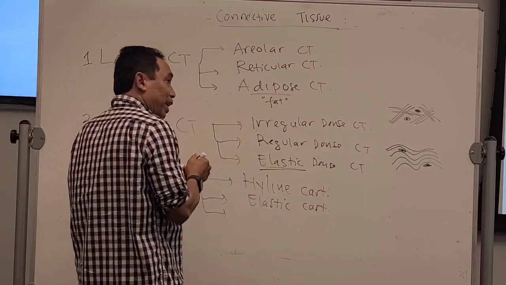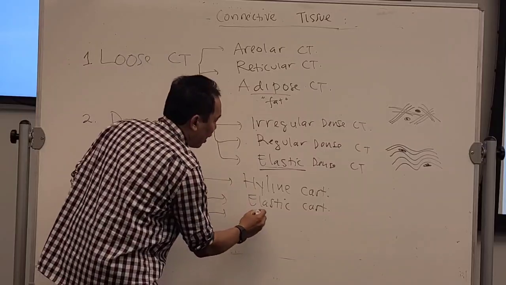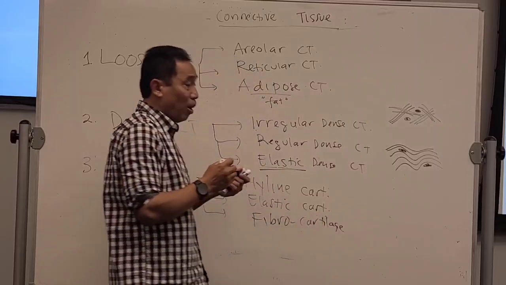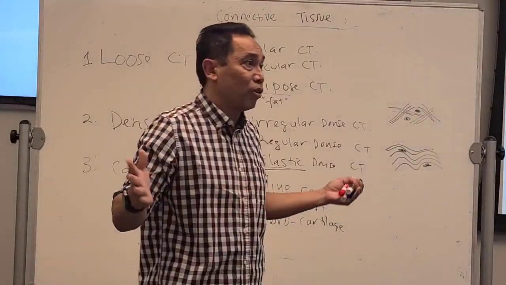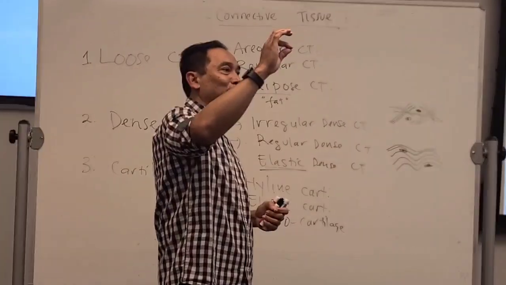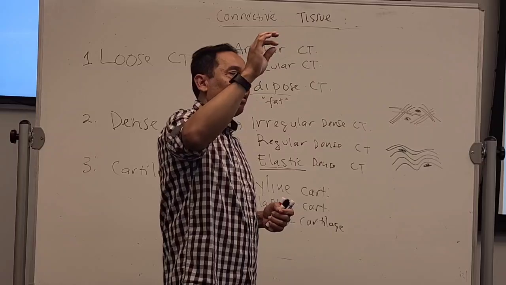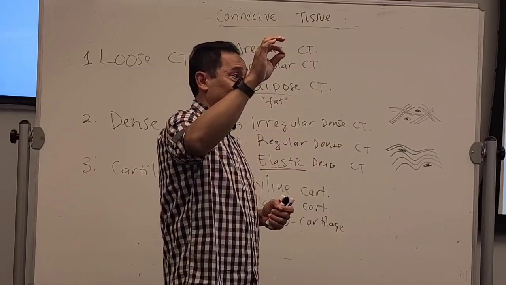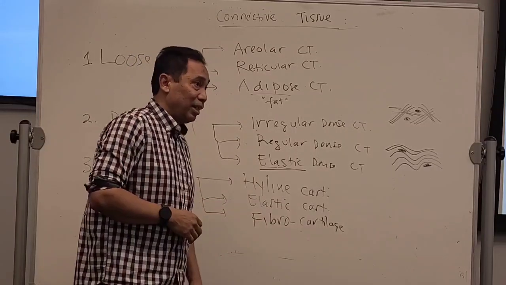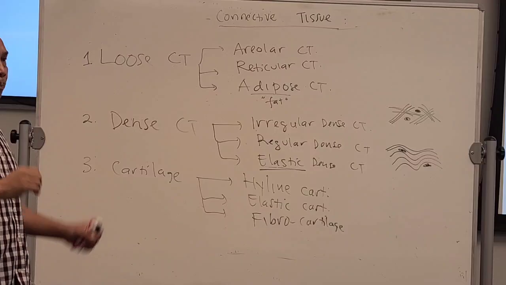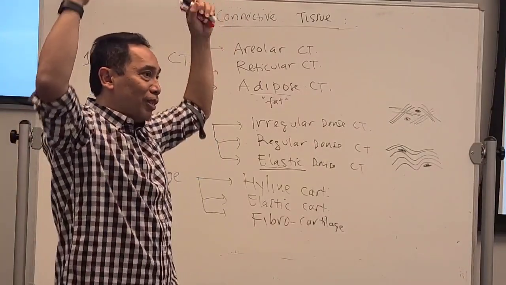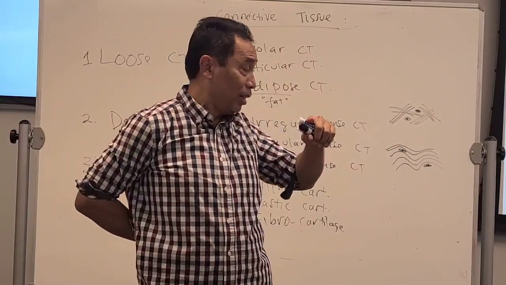And the last one is the very strong cartilage. It is called the fibrocartilage. This is very strong, can absorb force. An example is the disc between the vertebrae. What do you call that disc? Intervertebral disc. So it's made of fibrocartilage. It's very strong. It will not break if you push yourself, forcing yourself, with so much force going to the cartilage, the vertebral cartilage.